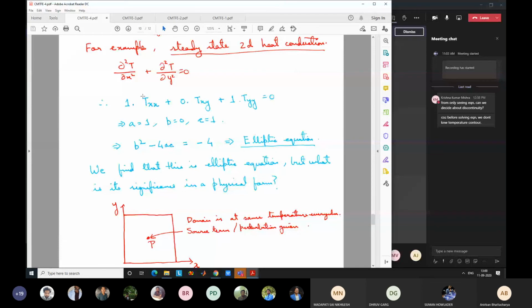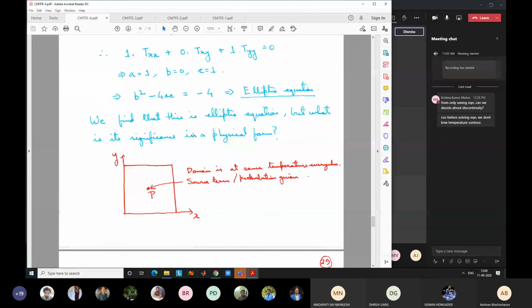But these equations have become so well known that nowadays we already know that, okay, this is an elliptic equation, that is a parabolic equation. But if it is an unfamiliar equation, you can calculate like this. Okay. But some equations have become so familiar to us that just by looking, we say that, okay, this is knowledge base. But otherwise, you have to calculate b square minus 4ac only for second order PDE. For other PDEs, it might be different. Okay.